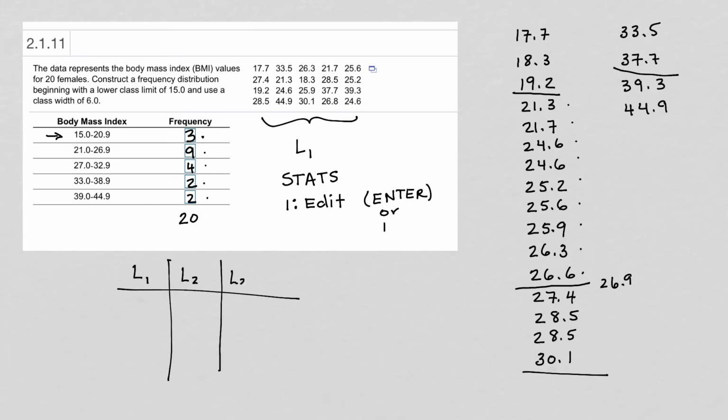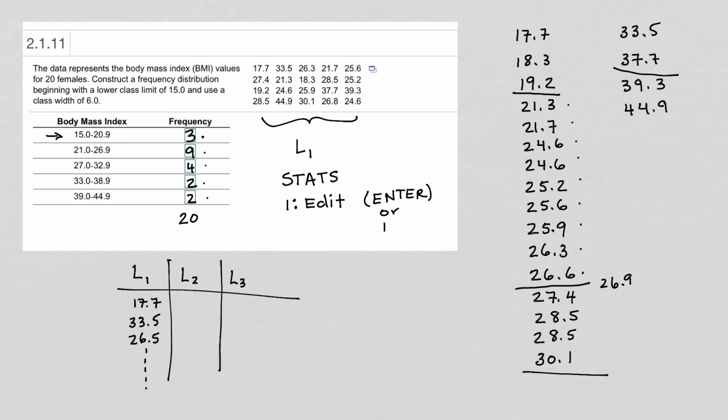And if you look in your graphing calculator tutorial, you'll see some screenshots of the calculator in there. And then you can just put your numbers in, and you don't have to sort them yourself, which I like. So I'm just putting them in. The order doesn't matter. So keep entering those. Once you've got all 20 numbers in,